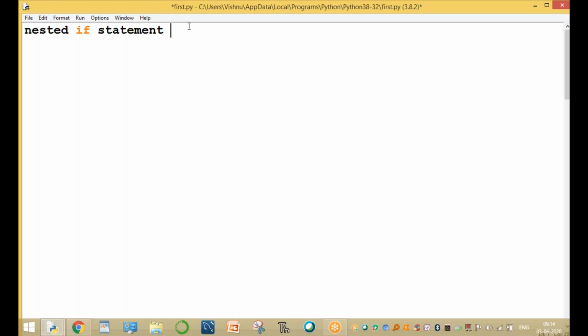Our topic today is the nested if statement in Python. So, what is a nested if statement? We already know simple if and if else. A nested if statement is an if statement that contains another if statement.